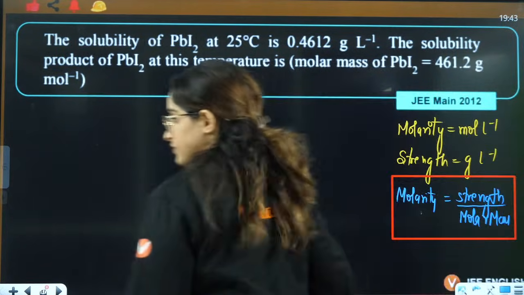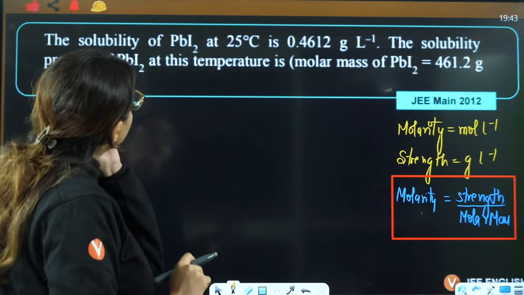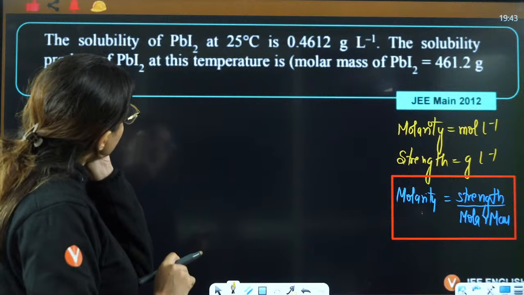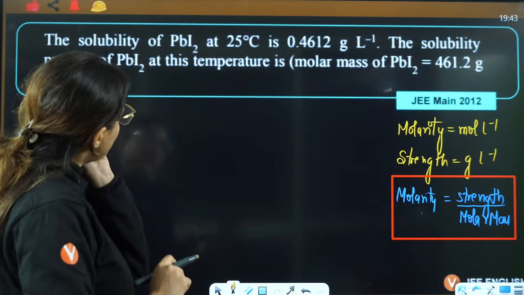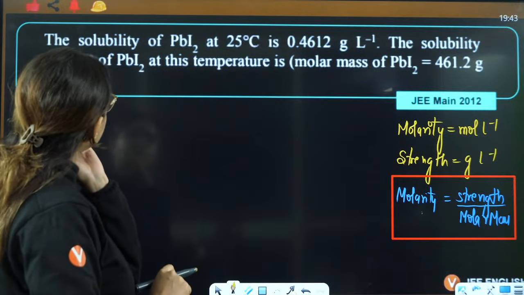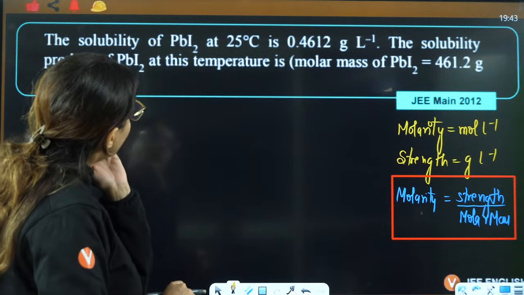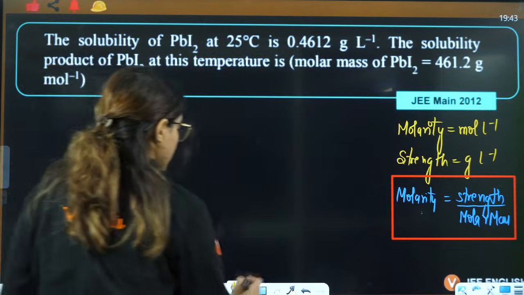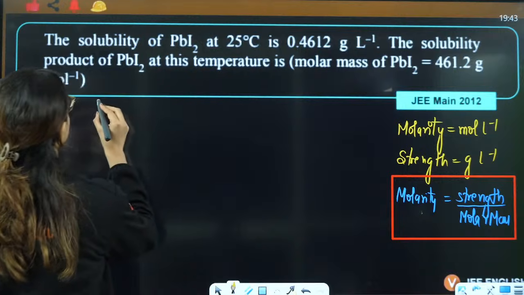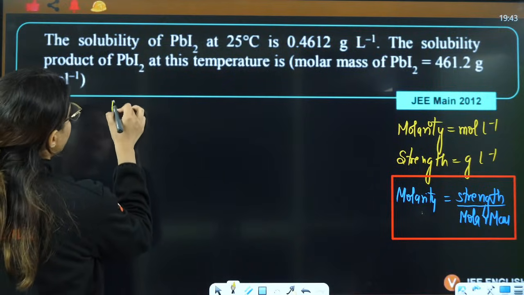Right, everybody? Now see this. The solubility of PbI2 is given to you. They are asking the solubility product Ksp. Look, molar mass is also given to you. So write molarity will be equal to